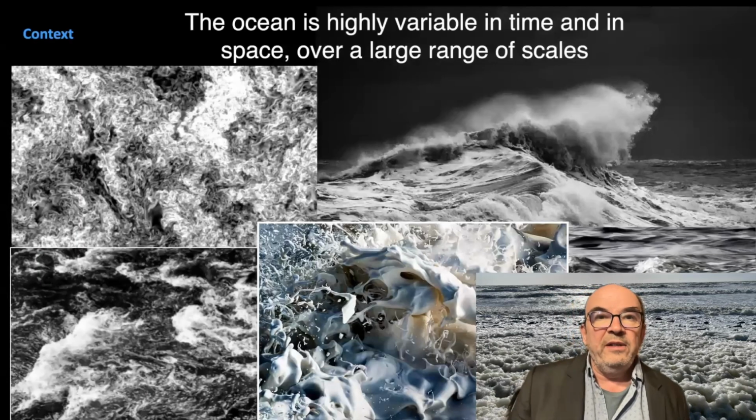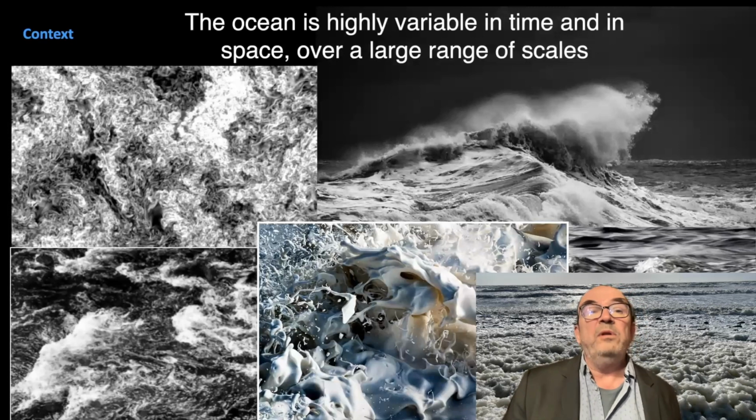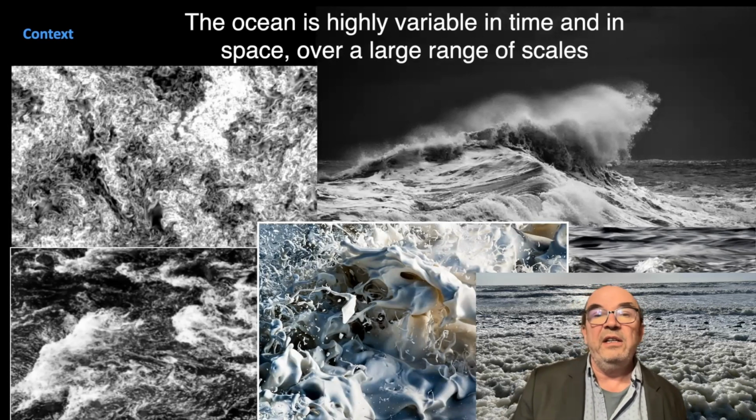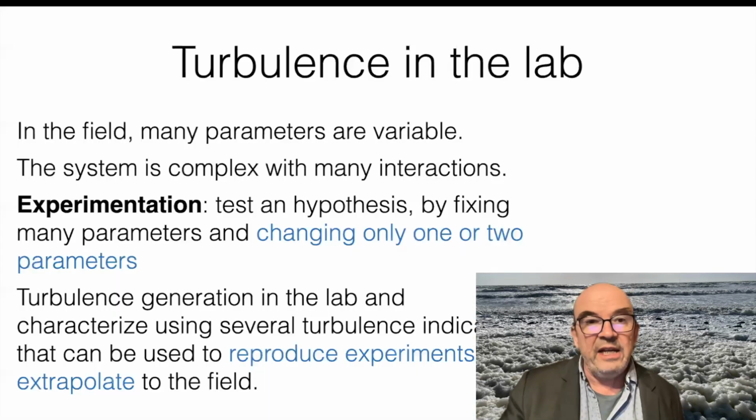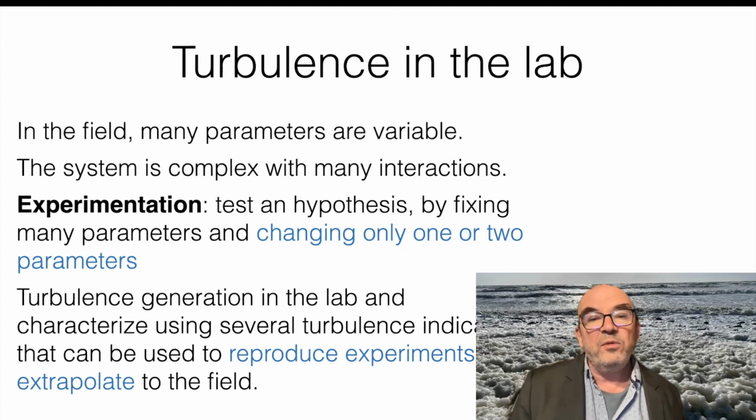So globally, the main framework of all this is the fact that the ocean is highly variable in time and in space over a very large range of scales. And so in the field, we have many parameters which are variable. The system is complex. We have many interactions. And so experimentation is a way to test a hypothesis by fixing many parameters and only changing one or